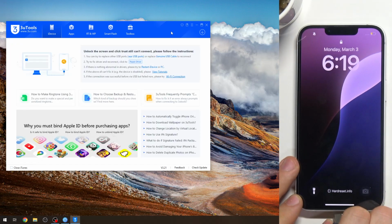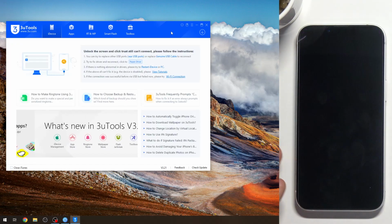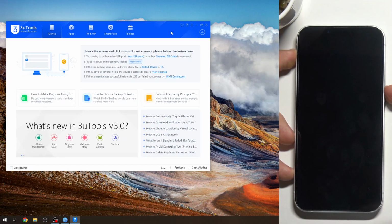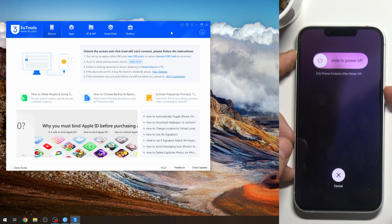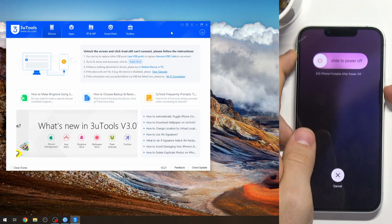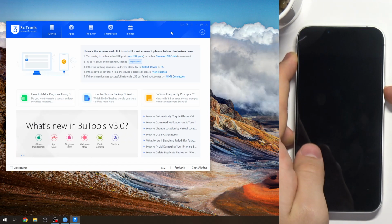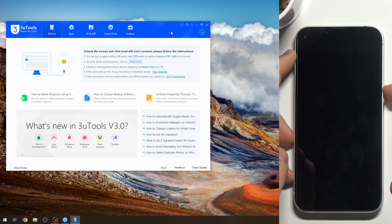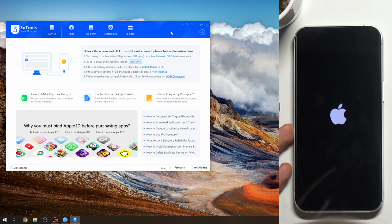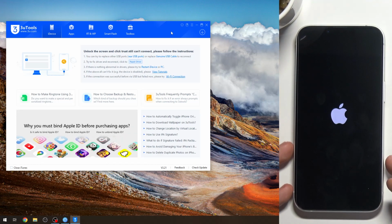So now we should release the USB cable and force restart our smartphone again. Volume up, volume down, and then press and hold power button. When you see the Apple logo, so just release the side key, wait a while,